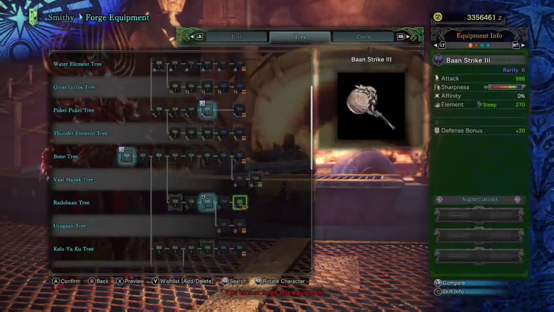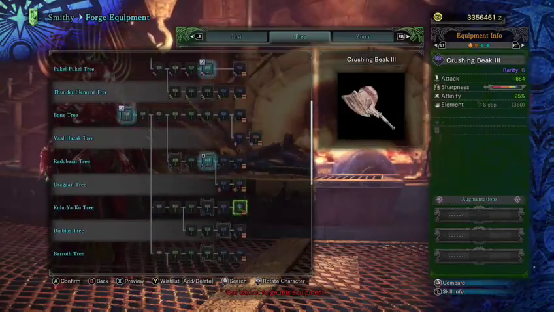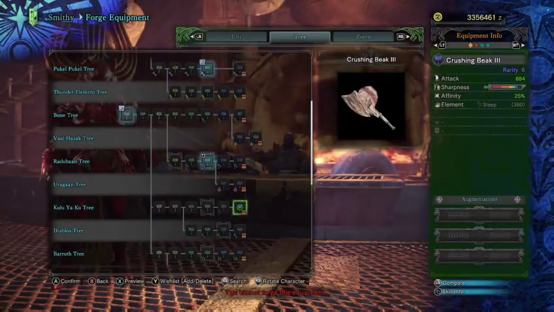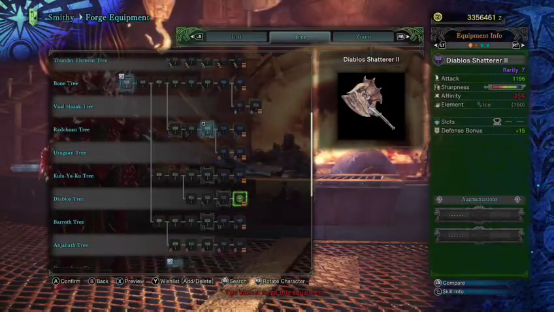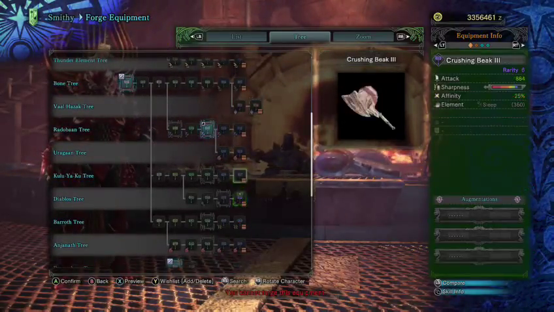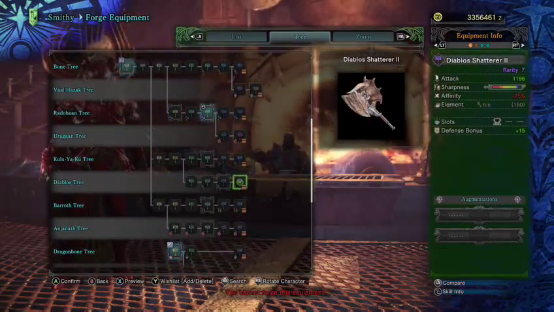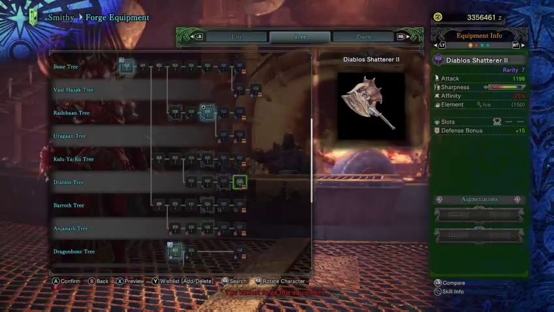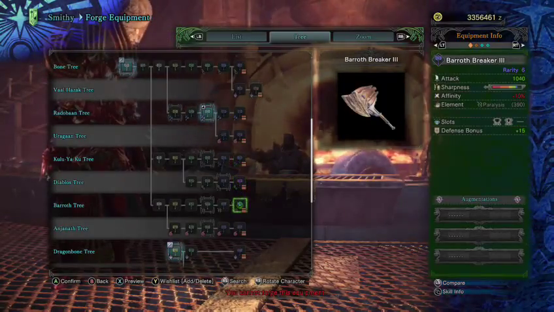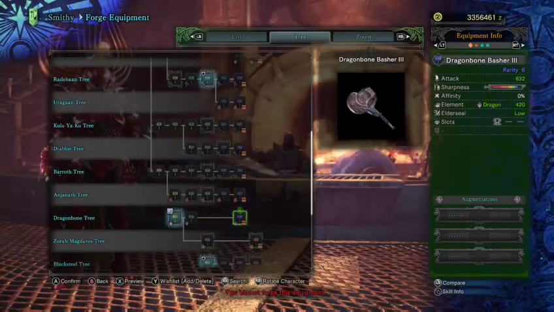Moving on with Rodobun, Uragan, Kuliaku with high sleep hidden status. Diablo's Shatter, one of the best hammers in the game right now, with hidden ice elemental attack, and has really high DPS potential with Elementless Jackal. Barristry, Angina Striker 3, Dragonbone Basher 3,